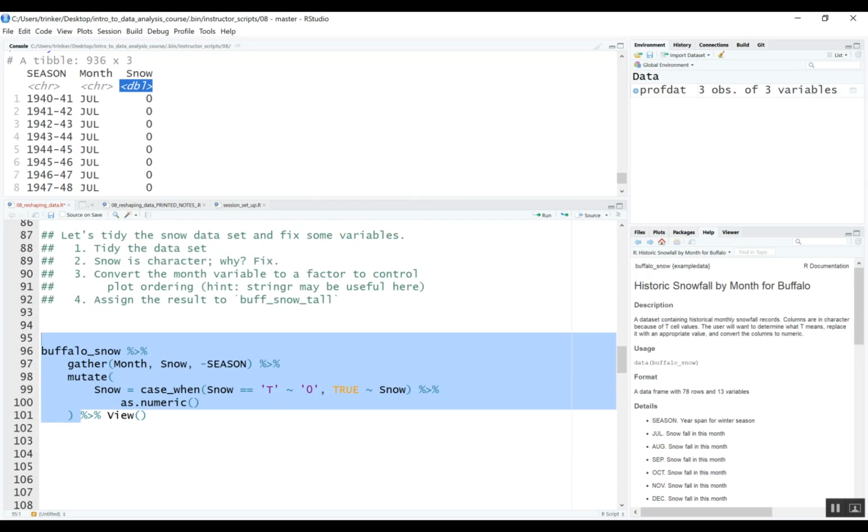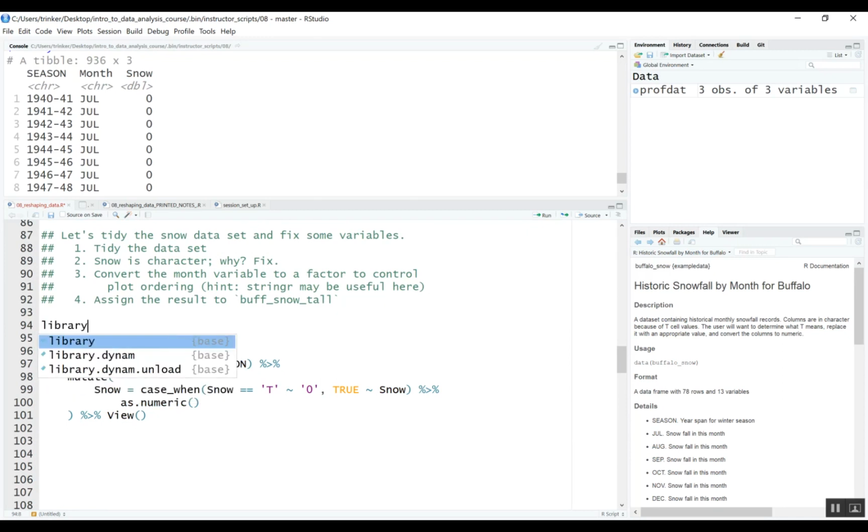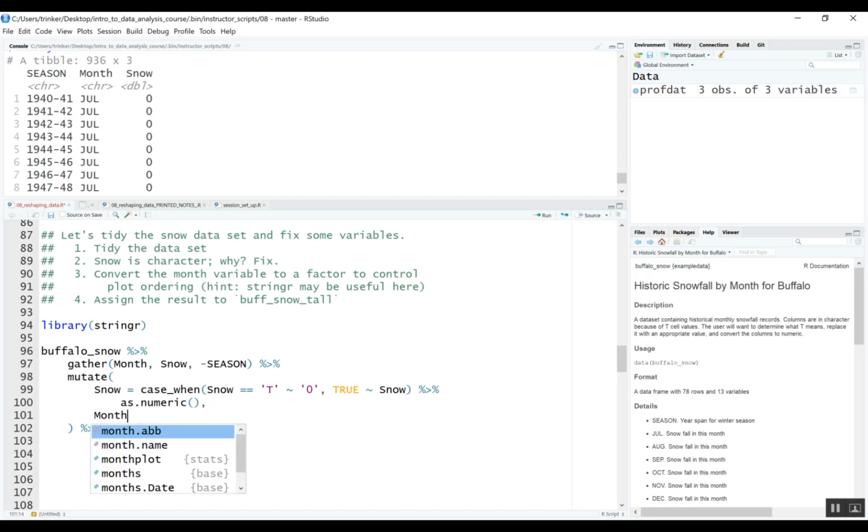Now, what else do they want us to do? Convert the month variable to a factor to control plot ordering. So right now it's going to plot alphabetically. And it says the stringr package may be useful here. So I'm going to go ahead and load it. And we haven't dealt much with strings, so this is a chance to see a little bit of string operation. And we're working on the month variable, and we want it as a factor. So we can say month,